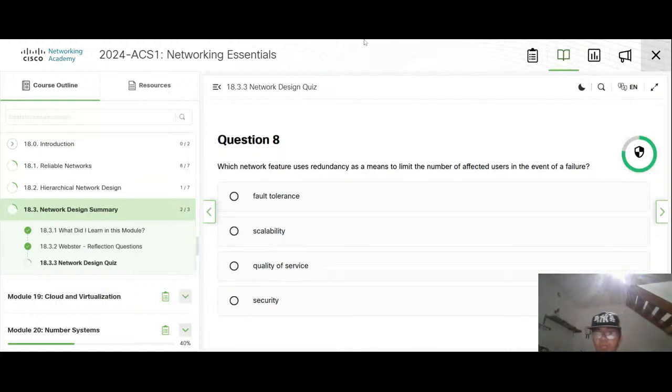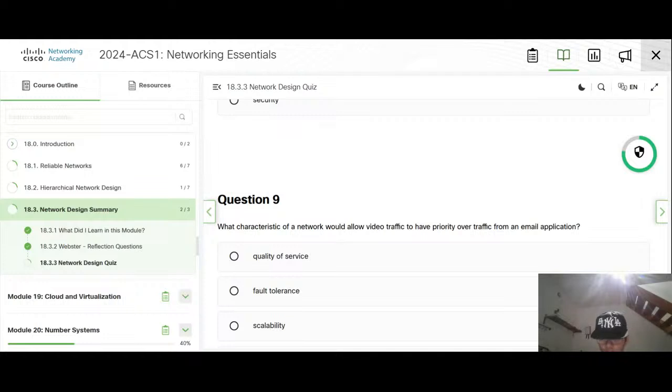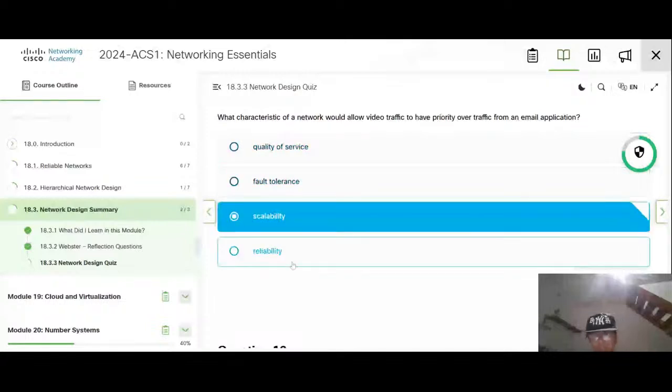Redundancy means to limit the number of affected users in the event of failure. Have priority, which is scalability.